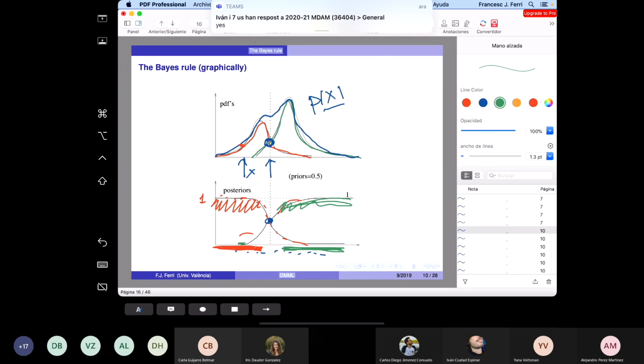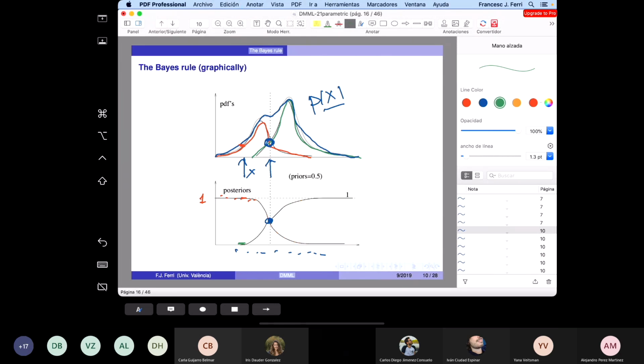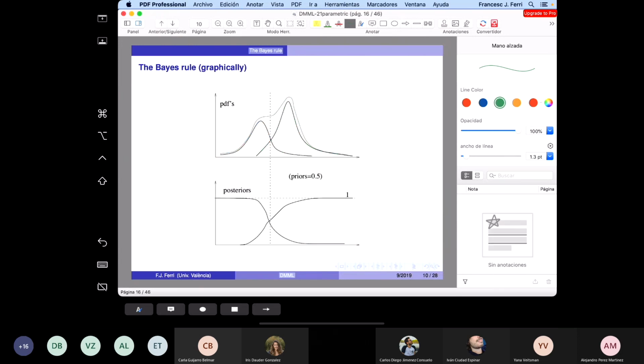Is that more or less clear? Yes. Okay. The problem is that we almost never know these distributions. I mean, we suppose this distribution exists, but we don't have them. We only have data. In very easy problems, we can estimate this distribution from the data. If this is the case, then we could construct this posterior probability, and then once we have this posterior probability for all points in my space, then the